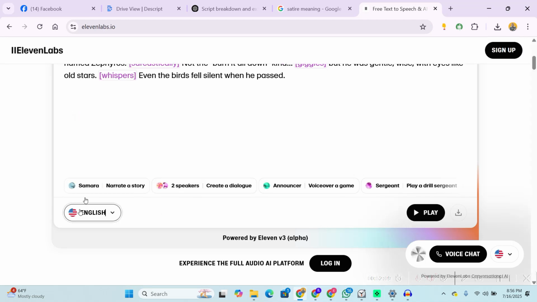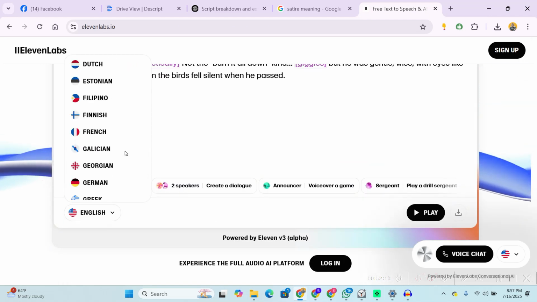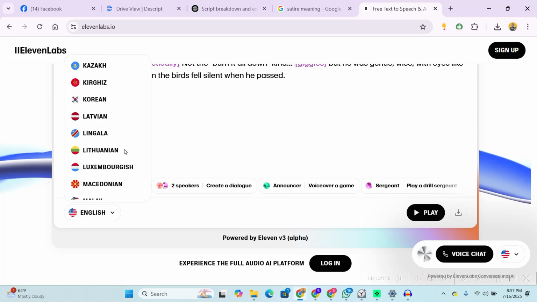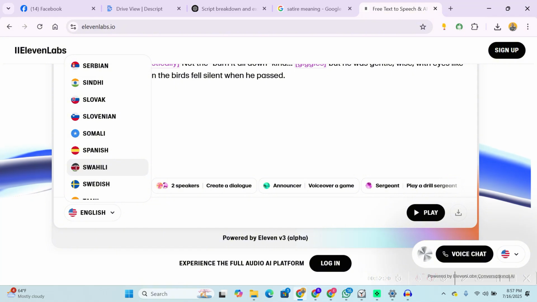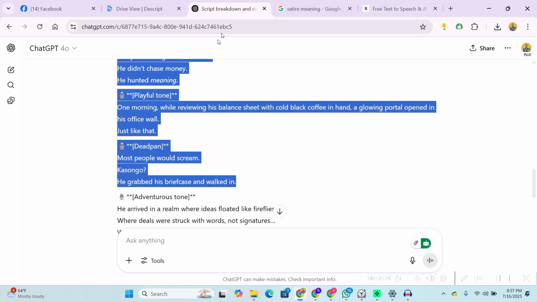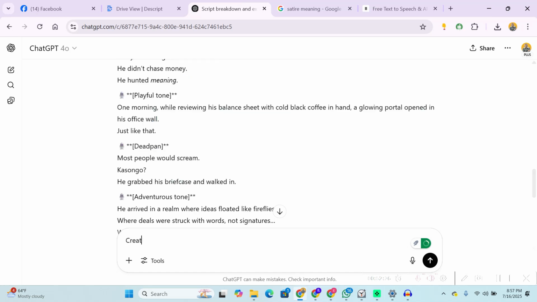That is in English. Oh, actually, I don't know if we can see whether the last time I checked, I didn't see Swahili. Let me see if there's Swahili over here. Do we have Swahili? Oh, there's Swahili. Yes, there's Swahili over here. Let me see. Now, create the story